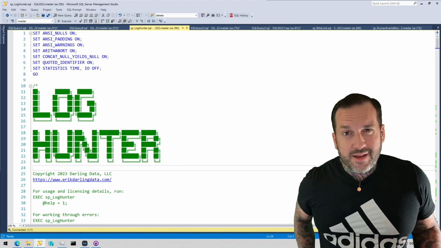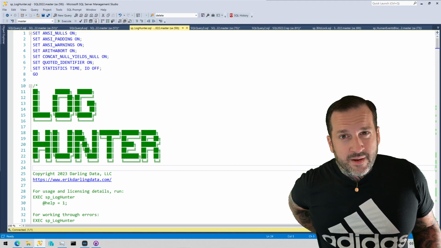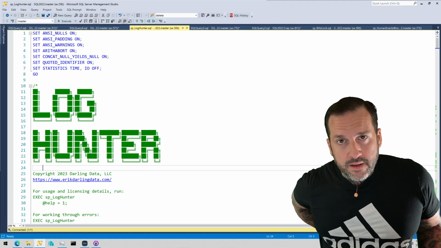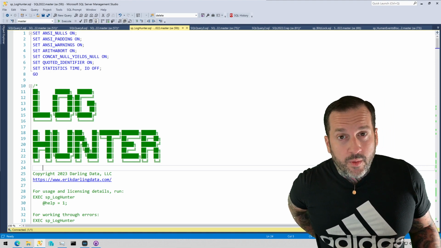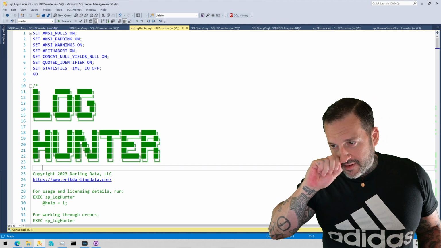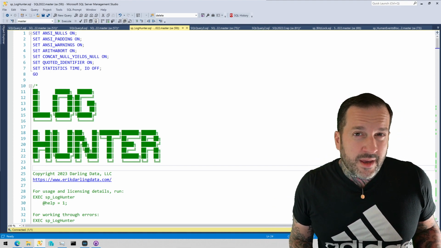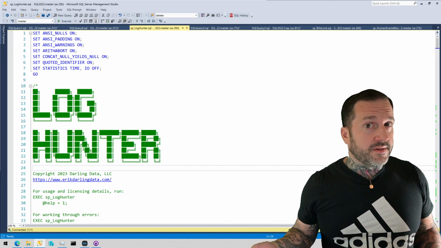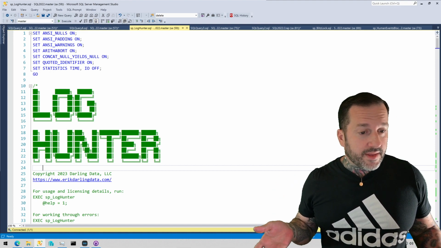The logs were taking a long time to load. They were timing out in some cases. Filtering them was really slow. There was just a lot going on, and so I made it my duty and responsibility to find a quicker way to find the things in the error logs that we cared about, and then I turned that into a stored procedure, and then I started looking at other messages that SQL Server has in the sys.messages view, and you can find high severity error messages and things that